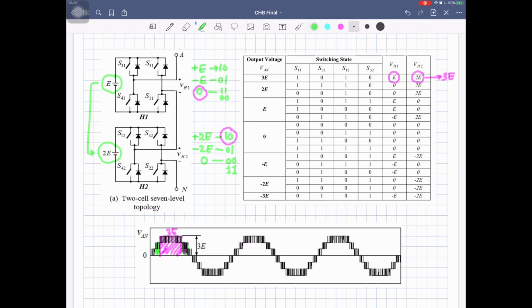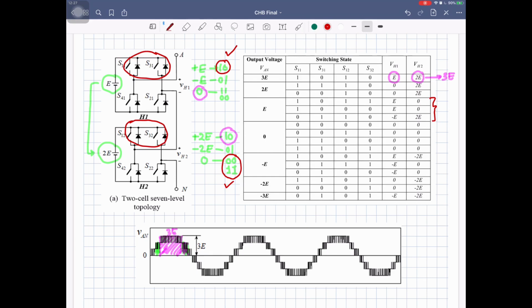And how to get E? From this high side inverter, you will be applying the switching code 10 to get E at the output, and for this low side inverter you will be using either 00 or 11, and these switching states are with respect to the high side switches, right? These are the high side switches. So you will get E volt at the output because you have selected such a combination, that is 10 for the first inverter and 00 for the second inverter. So by this one you can get E volt at the output.